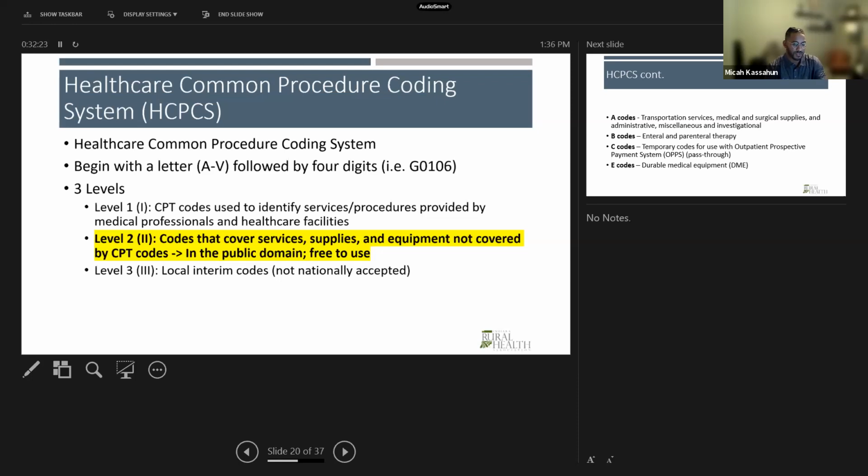So when we look at, say, HCPCS and CPT codes, if the HCPCS code and the CPT code are the exact same, then you would use the CPT code. I don't know why that is exactly. It's an alternate form of providing the services that are going to be done along with the equipment that is necessary to complete the task. But for a lot of the services, CPT codes and HCPCS, they're 2 different books, but they'll have the exact same information. And that's completely dependent on the specific code and the type of service to be provided.